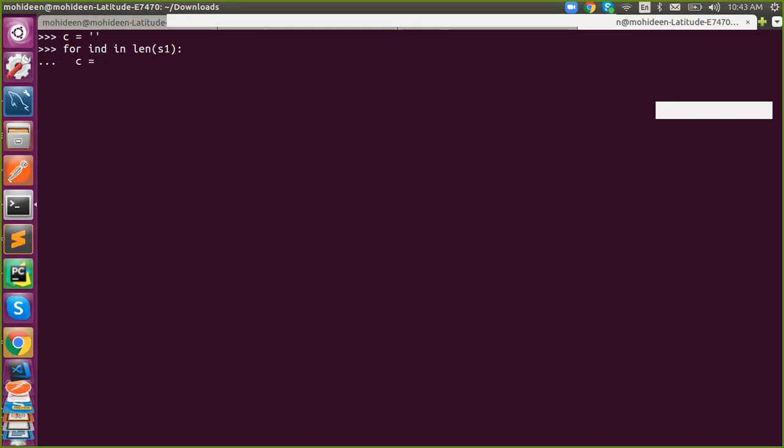C is equal to C plus S1 of index plus S2, the reversal of S2 with the same index. I think this will work. Let's try.